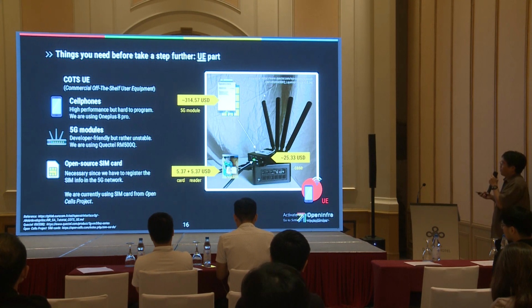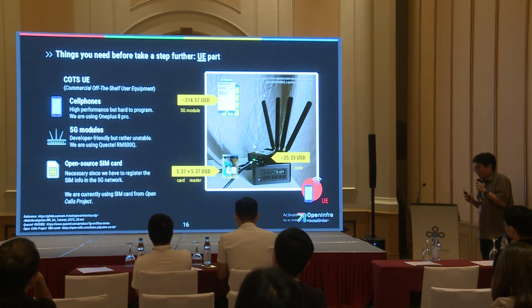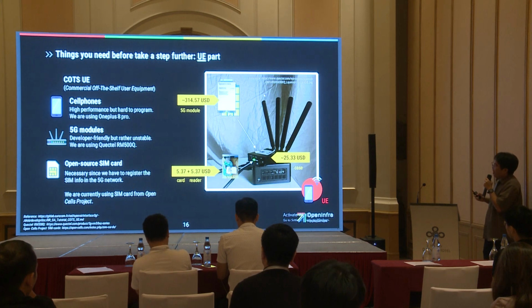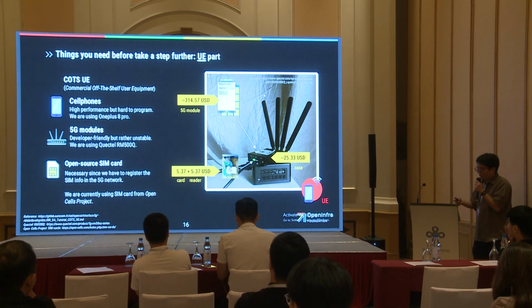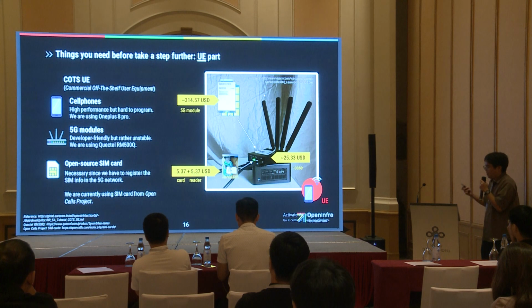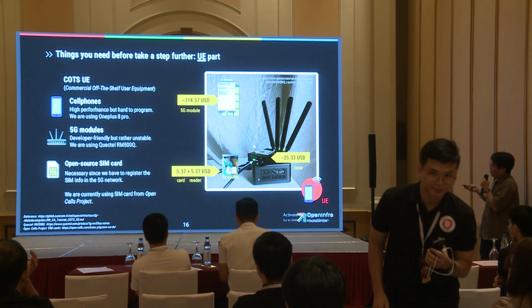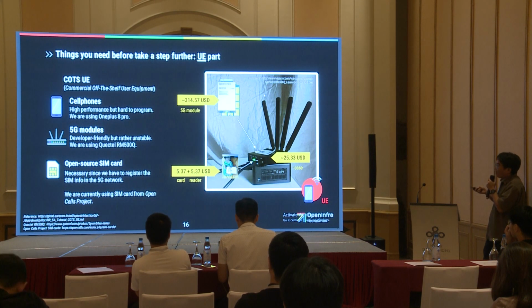The cell phone comes with very high performance compared to the 5G modems, but it is very hard to make it work. I will talk about why later, but briefly, the cell phone comes with a very wild ecosystem. Everything is very huge, massive, and it is hard to configure on each phone. We have successfully used the OnePlus 8 Pro and the Google Pixel, and we will try the Xiaomi phone. But anyway, it's very hard to make your cell phone connect to it.